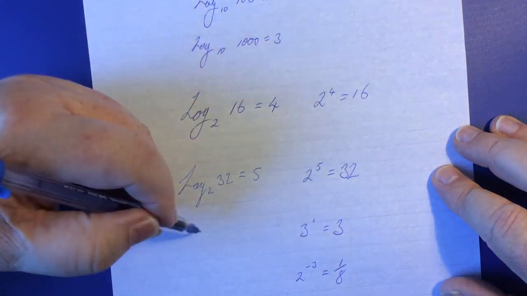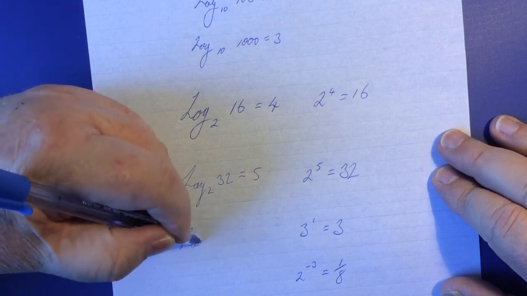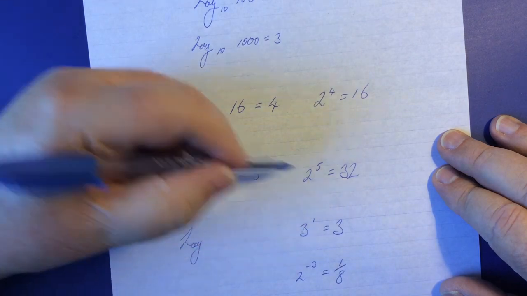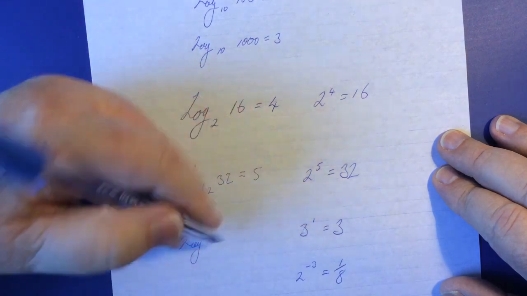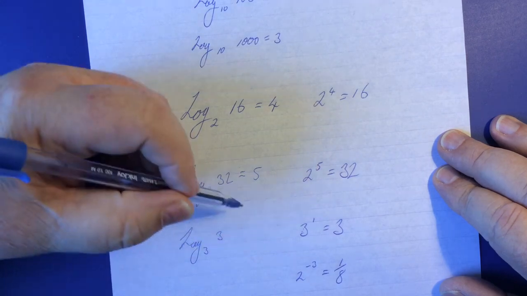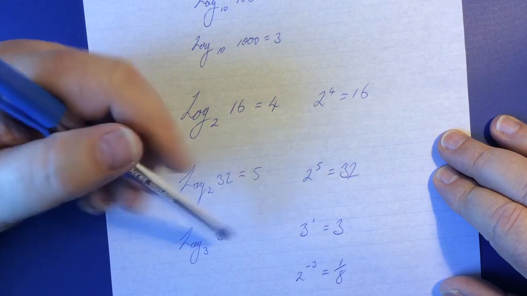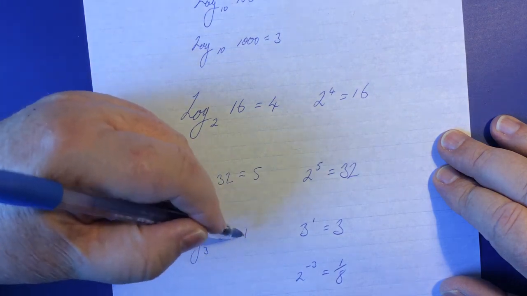We know that. So let's get our log set up. So this is in base 3. Just as this was in base 2, this is in base 3. And we're looking for what power of 3 we need to make 3. And the answer is 1, which